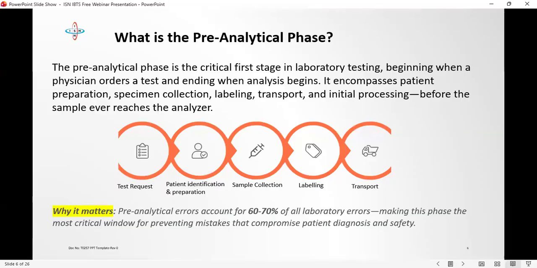During patient preparation, if a lipid profile is done in a patient who has not fasted appropriately, triglyceride will increase. Imagine results being interpreted without the context: you could end up labeling the patient as having dyslipidemia when in fact the issue was simply improper preparation. So that's the risk involved in improper preparation.